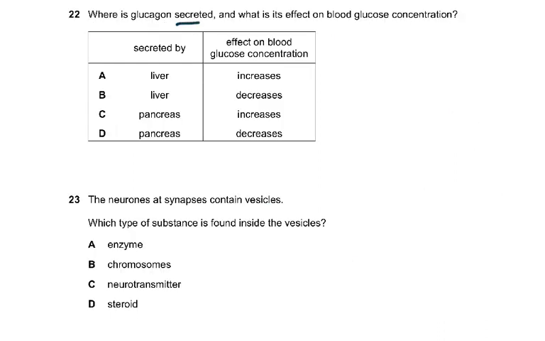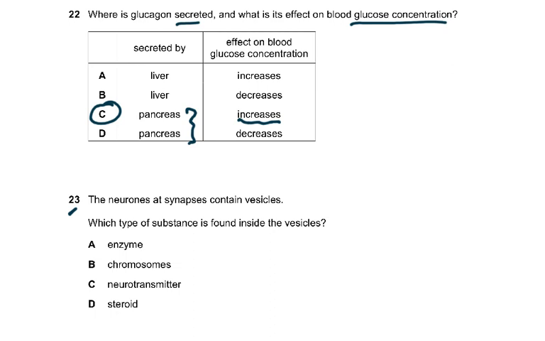22. Where is glucagon secreted? We know it's the pancreas. What is its effect on the blood glucose concentration? Glucagon does what? Increases the blood glucose. It's produced just before iftari when you're fasting, and just before the Maghrib time when we are going to open the fast. And that's when glucagon is produced in abundance. So that is why for 22, the answer is C. Glucagon is produced by the pancreas. It increases the blood glucose concentration.